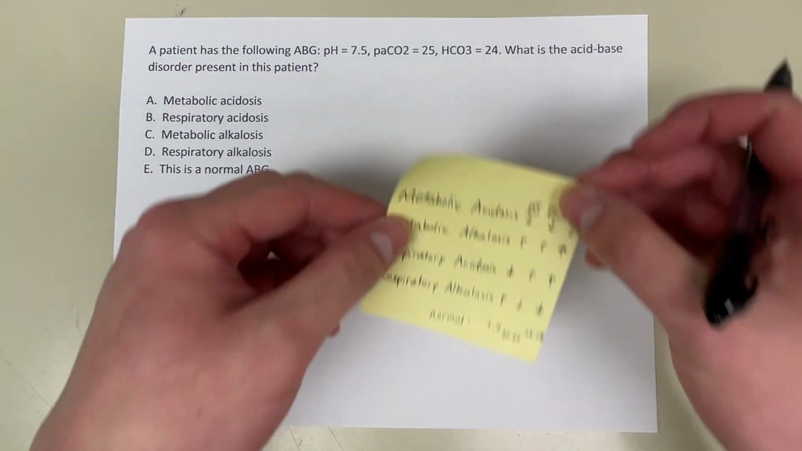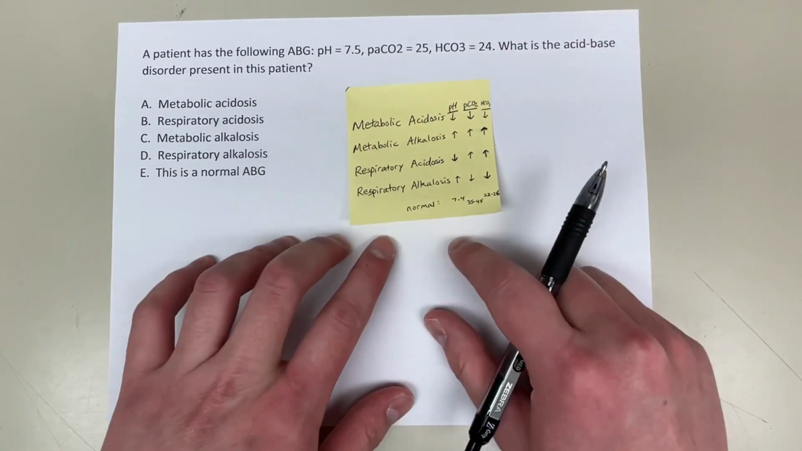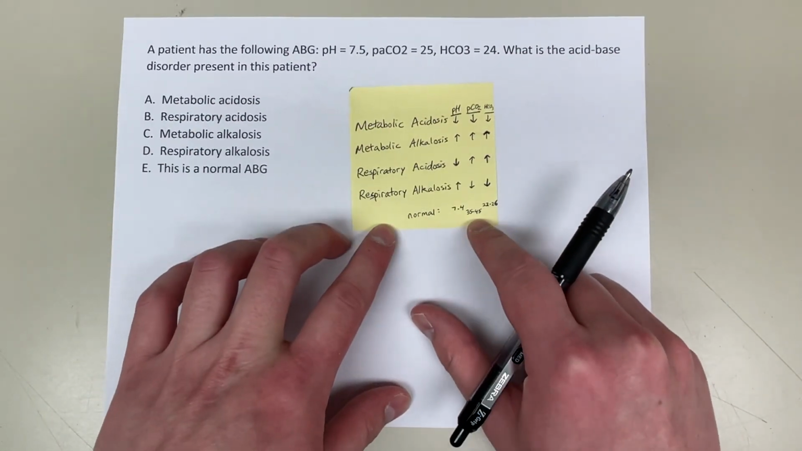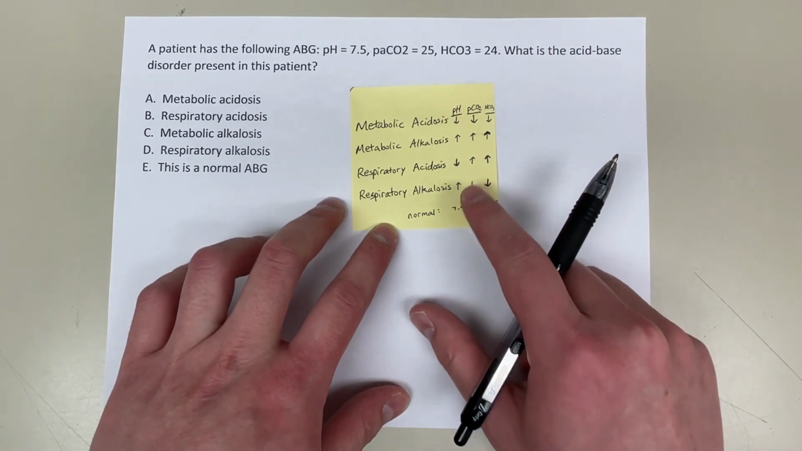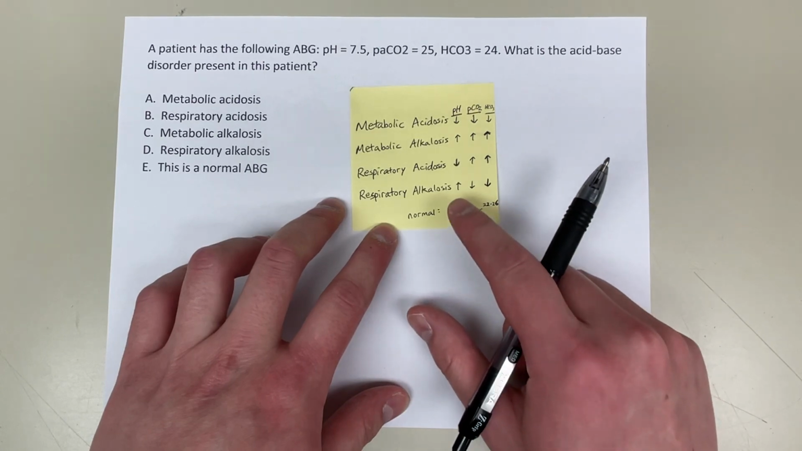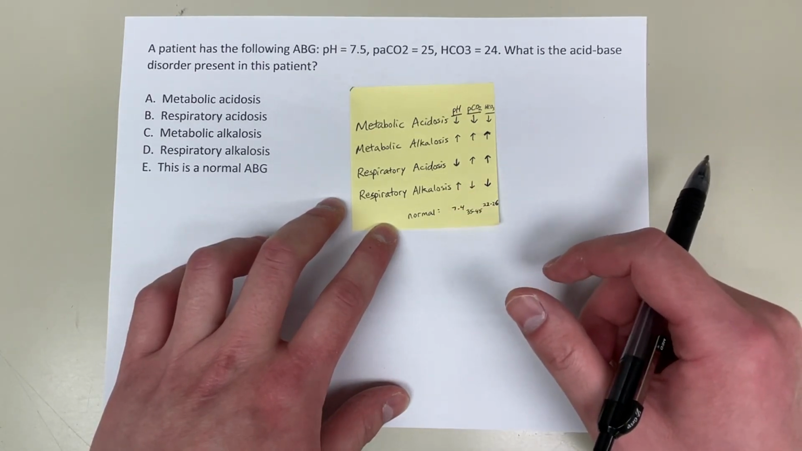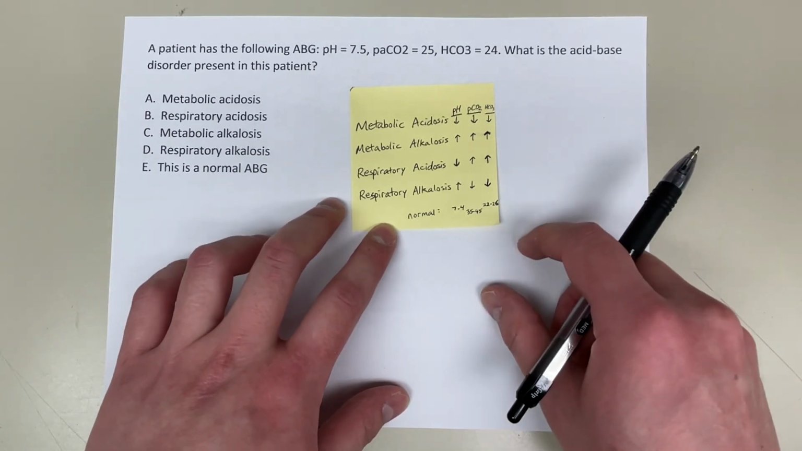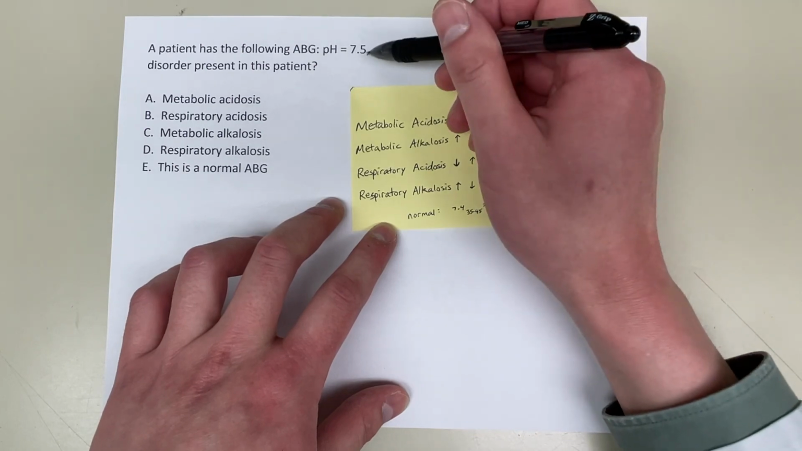Well, the easiest thing to do is just to memorize this chart. You just need to know the normal values, and then just find out whether it's higher or lower than the normal values. So the up arrow means it's higher than the normal, and the down arrow means it's lower than the normal values. So if you're using this chart here, you're going to look at the pH 7.5,